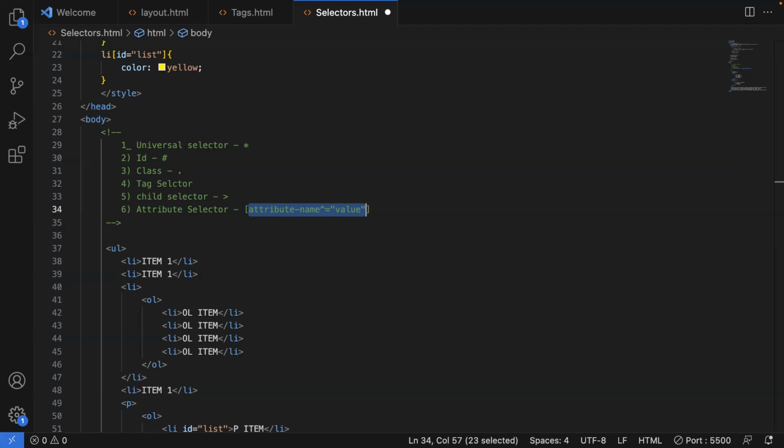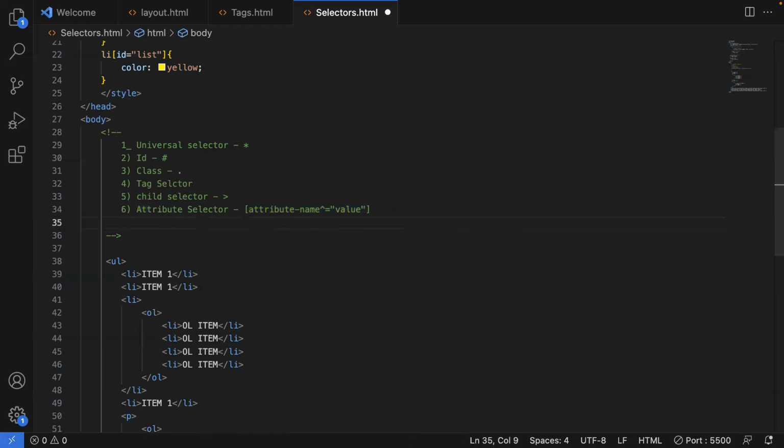Okay, so it will be a little confusing now if you check, but once you are clear with all the 12 types of selectors, try to go in depth with attribute selectors. Clear? So this is also one type of selector, selecting an element by using the attribute. Okay. So next one is the